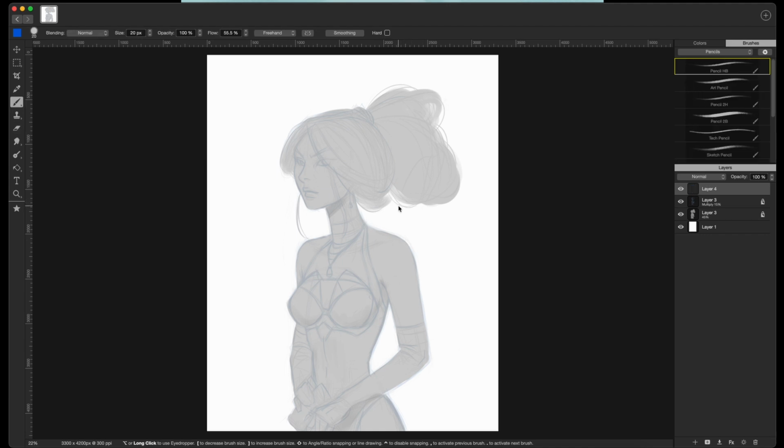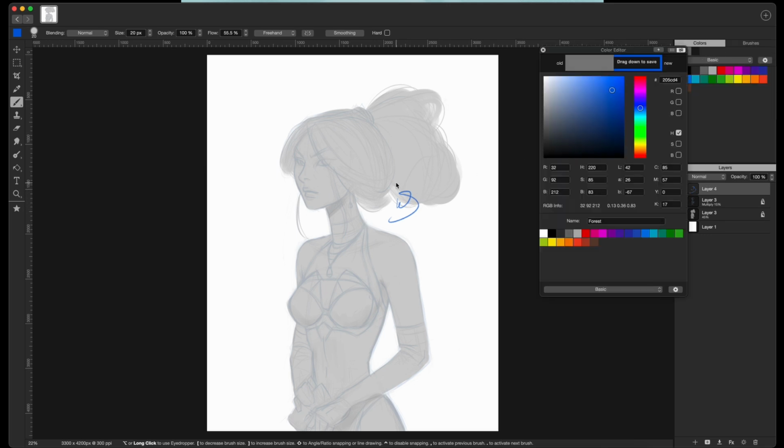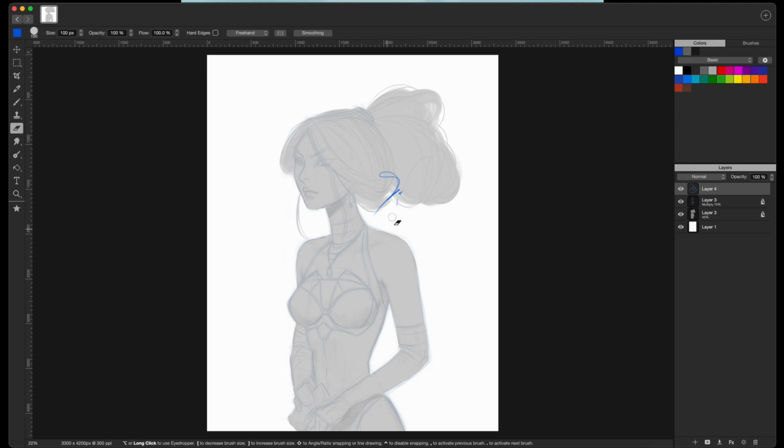So when you switch to your eraser, the color palette disappears. I don't like that at all. Okay. Yeah, see, switching to the eraser, the color palette disappears, and I do not know that I like that at all. And I don't like how the